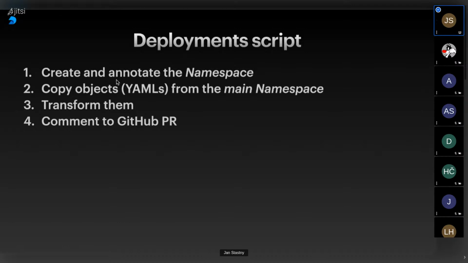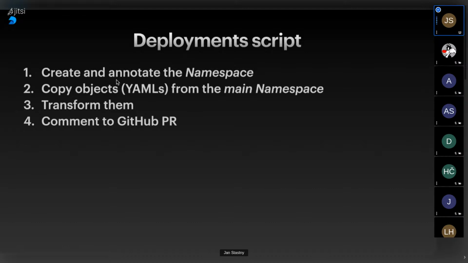Here we benefit from the fact that everything in Kubernetes can be expressed by YAML. So we basically just pull the YAMLs from one namespace. We then transform it a bit. This is quite easy to do in Python. And after we transform it, we apply it into the namespace. And once we are happily done with everything, we attach the comment to GitHub.